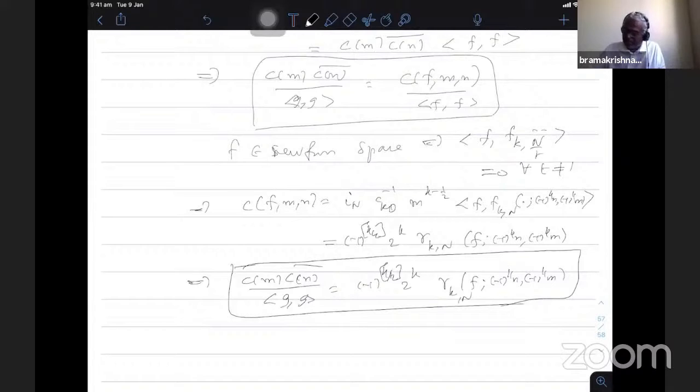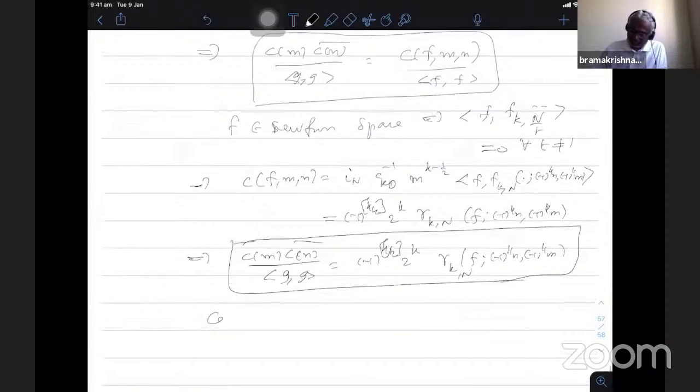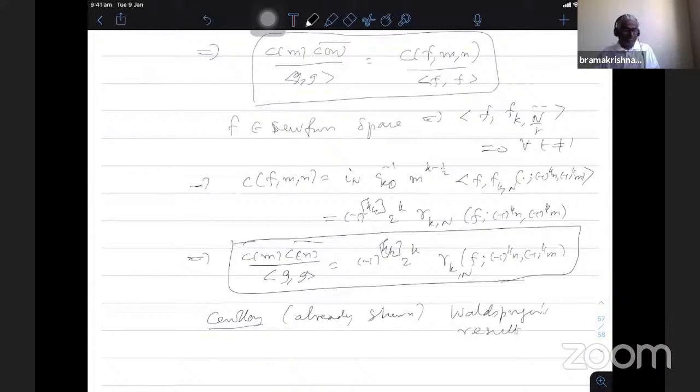Once I take m and n equal diagonal elements, then I get a square here for the discriminant. Here the discriminant of the quadratic form is nm. If they are equal, it means it is a square, I can evaluate, and that's why I get the L function. That's what we saw in the corollary. So the corollary is, which I already saw, Waldspurger's result. So, okay, now everything is done. Now we come back to the proof of theorem 1.